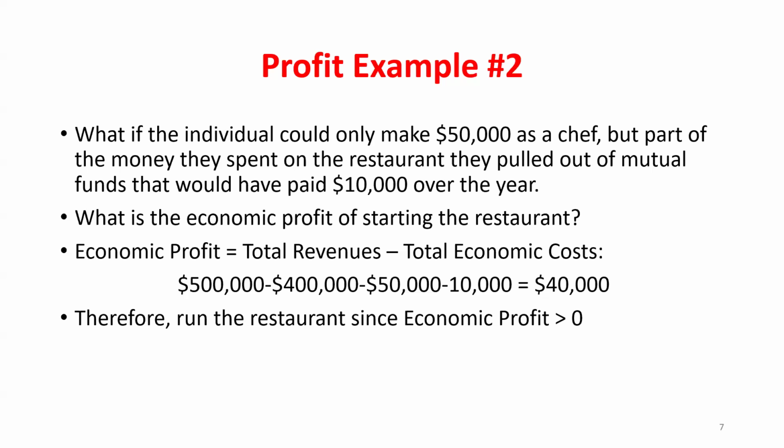So here I thought about this person starting a restaurant. If instead they worked for someone else and they only made $50,000, that's part of their implicit cost. But another type of implicit cost is instead of starting my own business, I could take that $400,000 and invest it somewhere else and make some returns on that. Okay? Once again, we can think through this thought experiment. If the returns are currently really high to the stock market, mutual funds tied to the S&P, what's going to happen to my implicit cost if I run my own restaurant? Well, I'm not investing the money anymore, so my implicit costs are going to be higher, meaning my economic profits for opening up my own restaurant are going to be low.